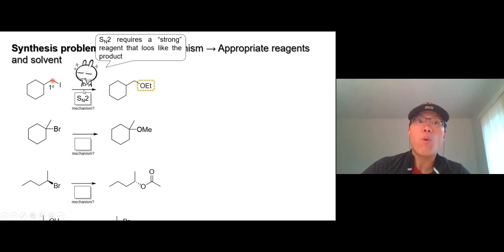So backside attack requires a strong nucleophile. Not just any strong nucleophile though. It's going to be a nucleophile that looks like that: an ethoxide group. So we need a strong nucleophile, basically one with a negative charge, and then an ethyl group. So what reagent looks like this